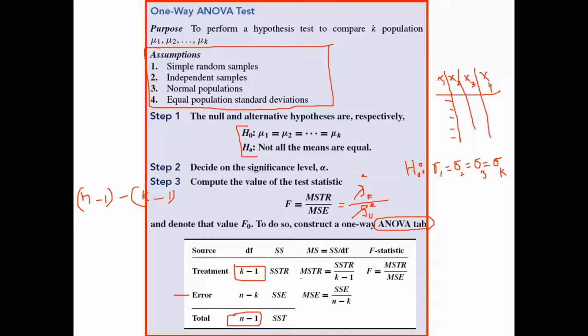The MSTR is nothing but the mean sum of squares of treatment. So we can use the term S square for it because it is the sample variance of treatment. This is the sample variance of between varieties. So I can use T for the treatment, or I can use B for between varieties. This is E for the variance of error. This is not standard deviation, this is variance. The variance of error is the sum of squares of error divided by n minus k. This is just dividing this by n minus k. If we divide these two, we have this variance.